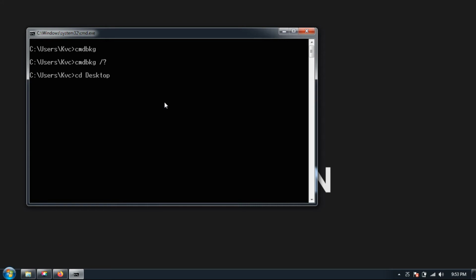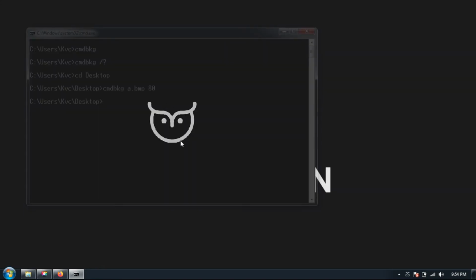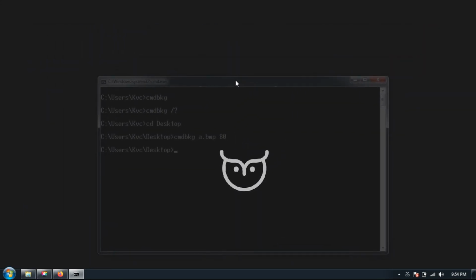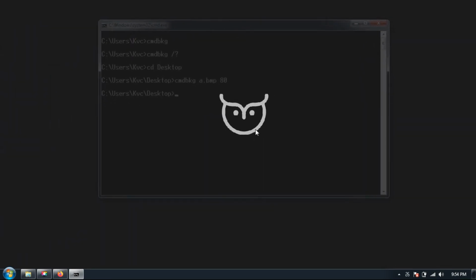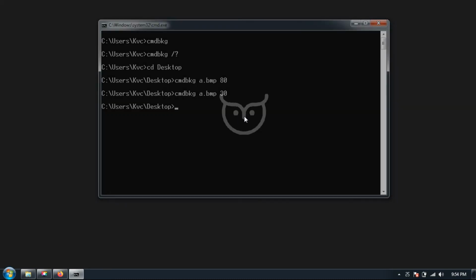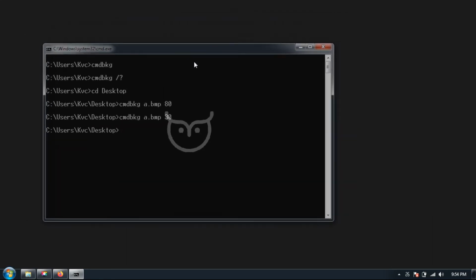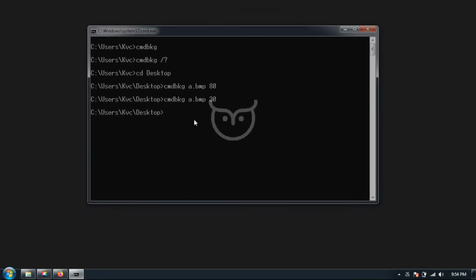Let's change directory to desktop, and let's try CMD BKG space, file name is a.bmp, and then I will give a transparency number of 50, or let's say 80 is good. Oh, nice. But you can see here CMD is almost transparent, but there is a background here. So I will give a transparency number of 30. Awesome. Now you can see I can move it around and there is a background in the